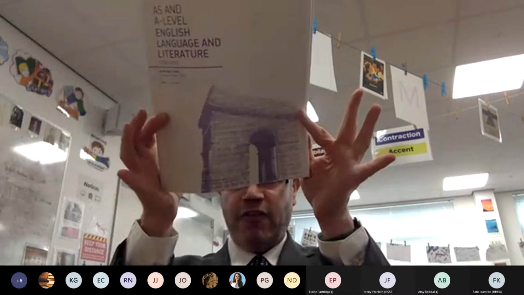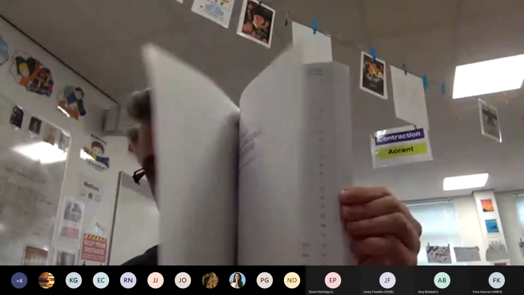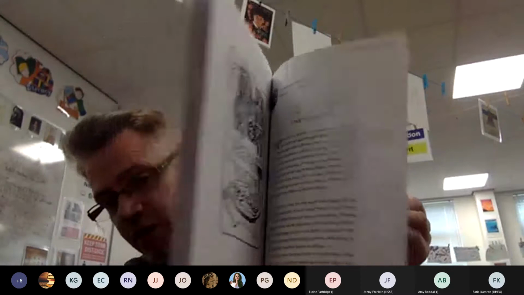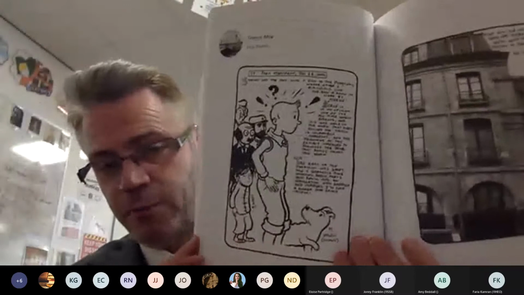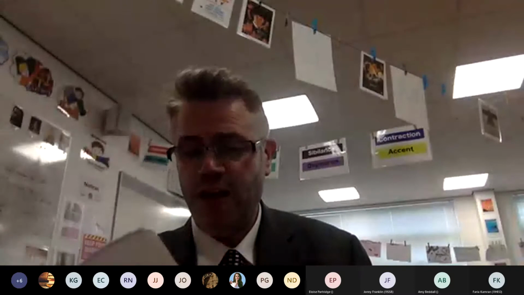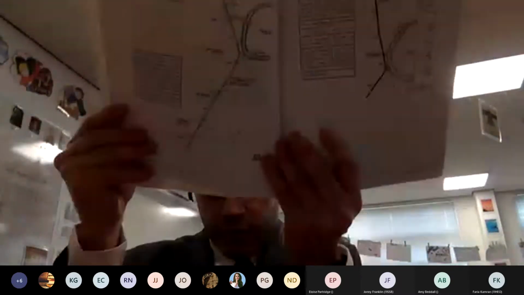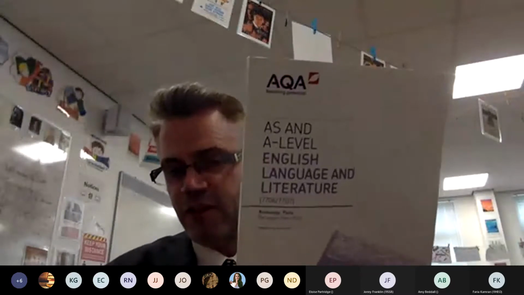Now, I will mention this as well. What you can see here is the anthology of works about Paris. If I flick through this, you'll get the idea that it's a very comprehensive document indeed. There are all sorts of things in here, everything from comic book pages and photographs and blog pages, transcripts, even guidebooks and maps, as you might be able to see. Everybody will get one of these anthologies.